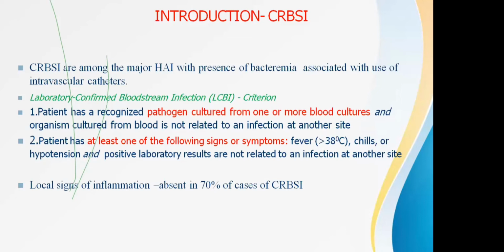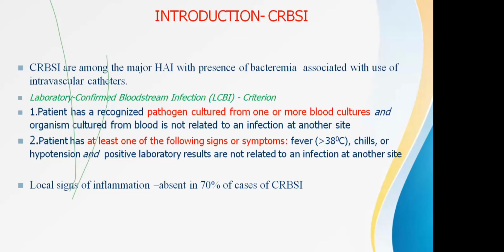We have this laboratory confirmed bloodstream infection, and the criteria here, first and foremost, when you are sending a urine sample, you send one before inserting, and after 48 hours, then you are labeling it as catheter associated. In the same way, when talking about ventilator associated pneumonia, you send one sample before intubation, then the first sample when you have intubated, and after 48 hours, we look for another growth and then we label the patient as ventilator associated. But when we talk about bloodstream infections, it has to be always paired.